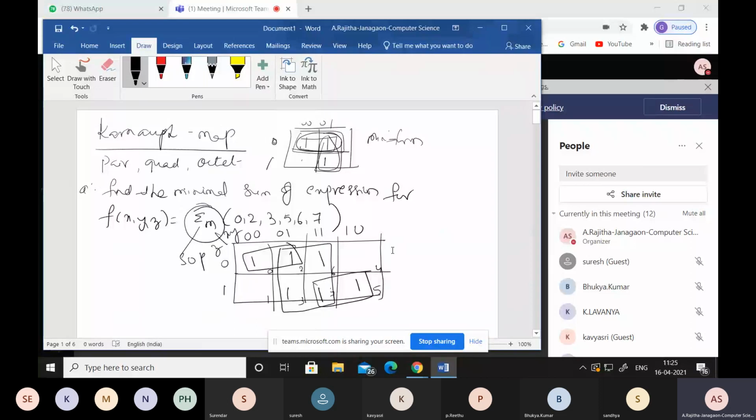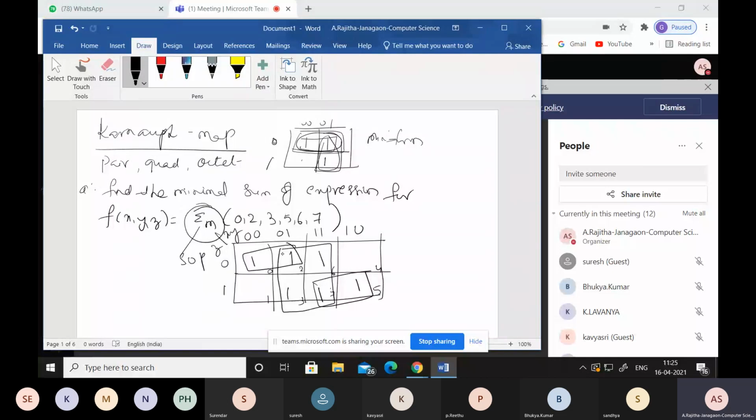So how many subcubes are here? How many did we get? 1, 2, 3. So 3 subcubes are there. So how many terms are present here? Totally 3 terms are present. In the Karnaugh map, whatever groups are formed, that many min terms are present in